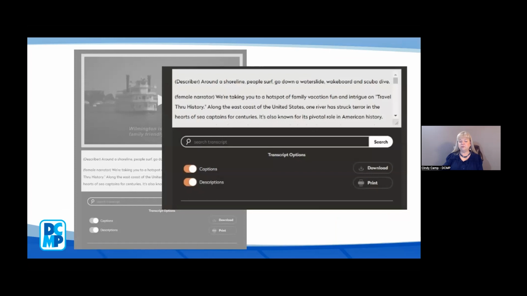If you choose both, the transcript will show both the description and the captions. As you can see here, the describer and then the female narrator. So that actually makes a video accessible to an individual who is deaf-blind. You can download the full transcript and they can access it through refreshable Braille, and then the video is accessible